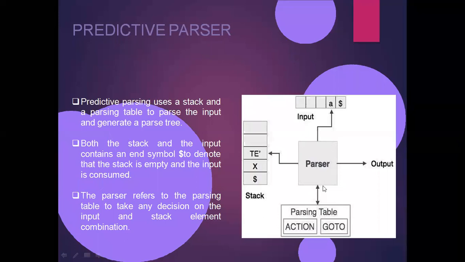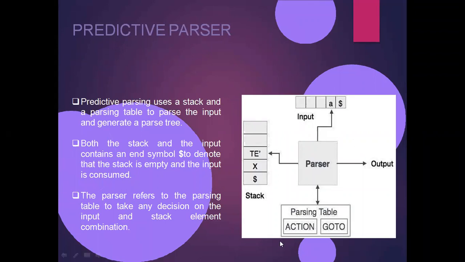And what we did here is compute the first and follow functions. And here we have three data structures. One is an input buffer, another one is a stack, and another one is a parsing table. These three are connected to the parser. The connection between the input buffer and the parser is in a single direction. From the parser to the stack, it is in a single direction. But between the parsing table and the parser, it is bidirectional. And finally, we are getting an output in the form of a tree, a parse tree structure. We are generating a tree.